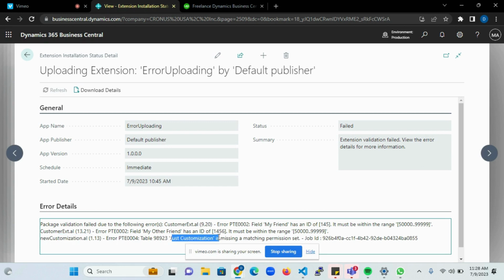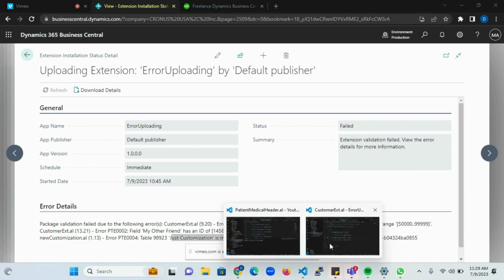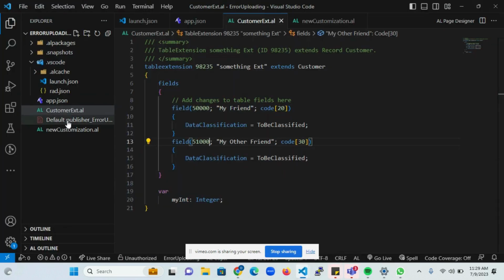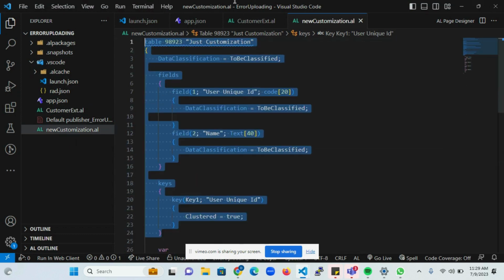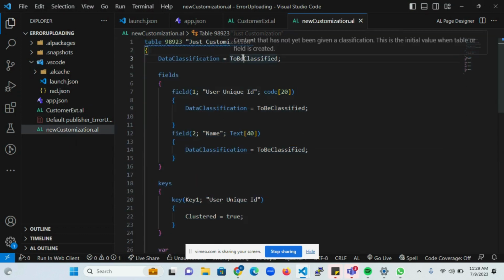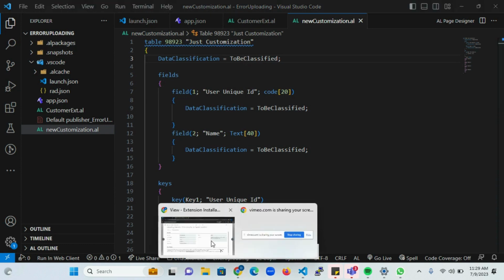It's telling me now this is a different error, because let's go to the code environment. This is the new customization. If you notice, this is a fresh table that does not exist in Business Central before. Now Business Central is telling me that